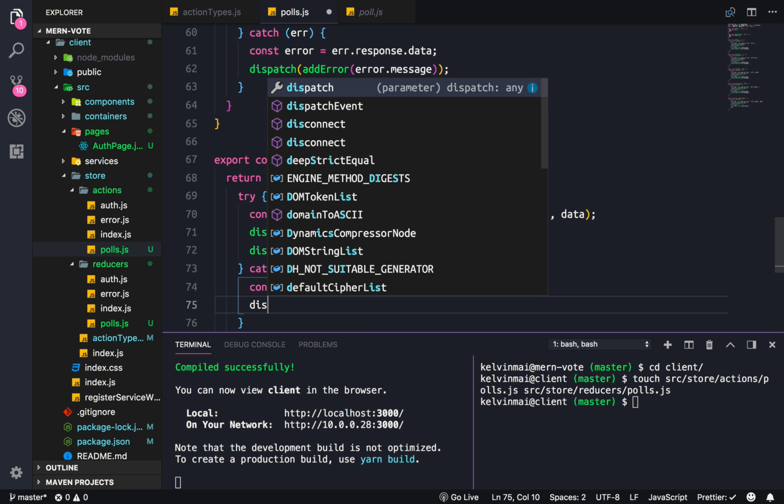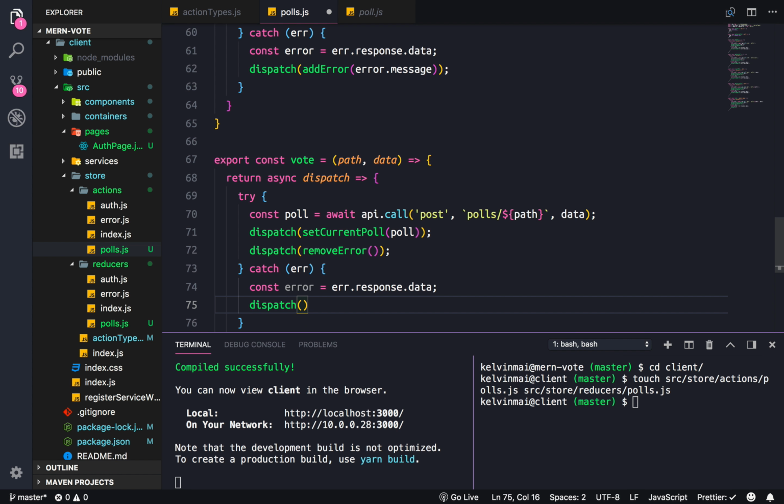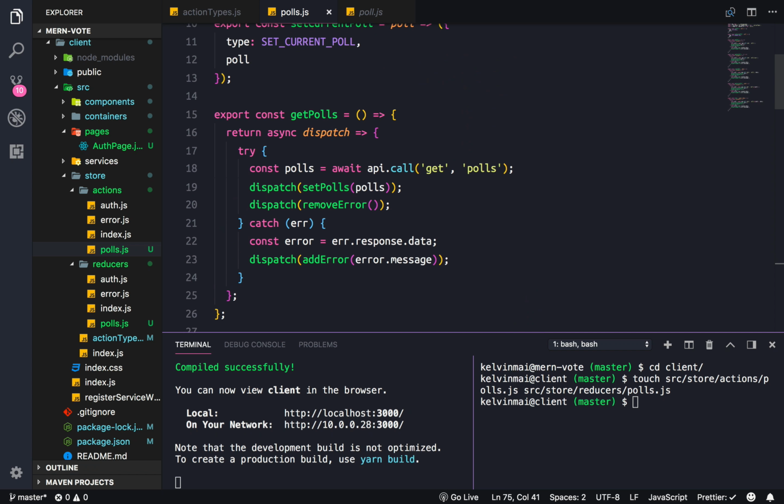We'll dispatch the errors. So error dot message. Okay, quite a bit of code, but all of this is necessary for us to continue with